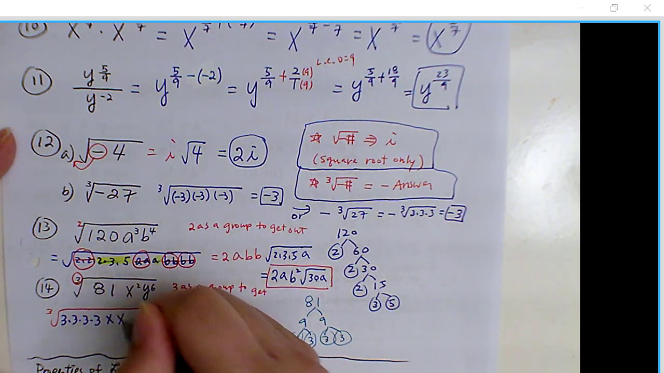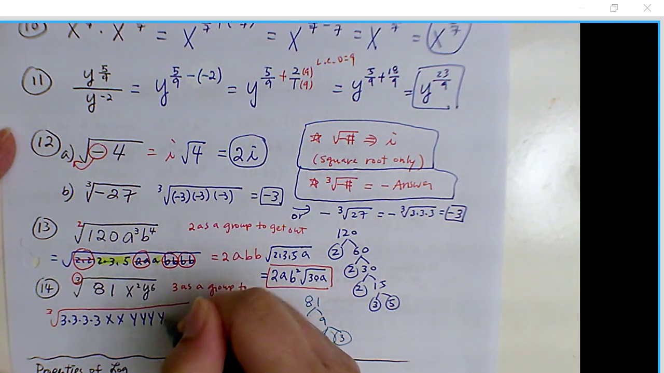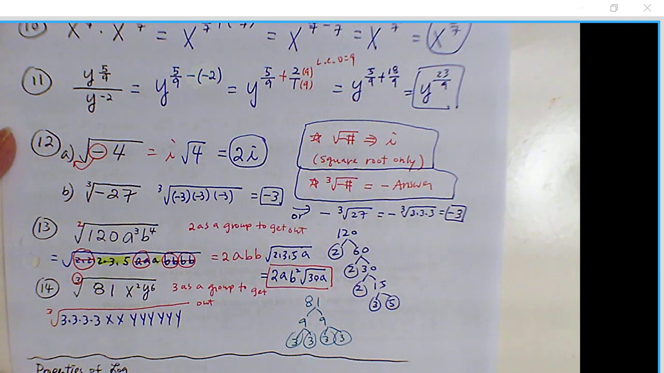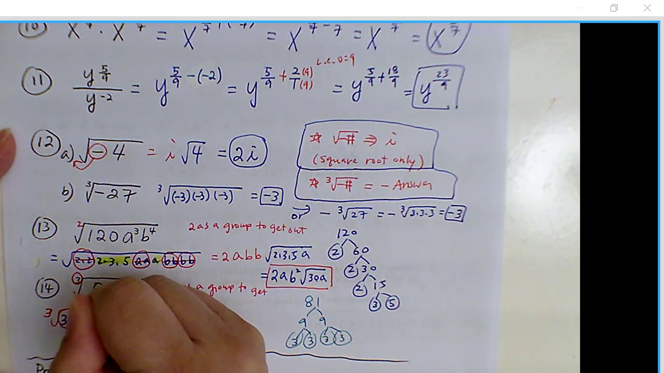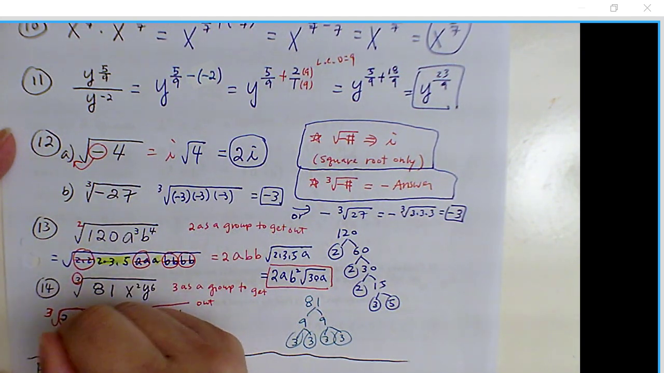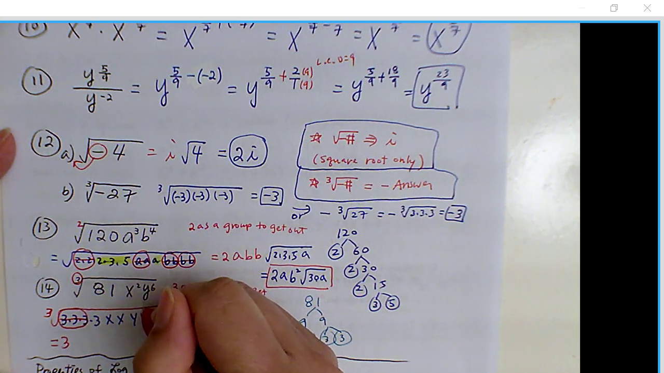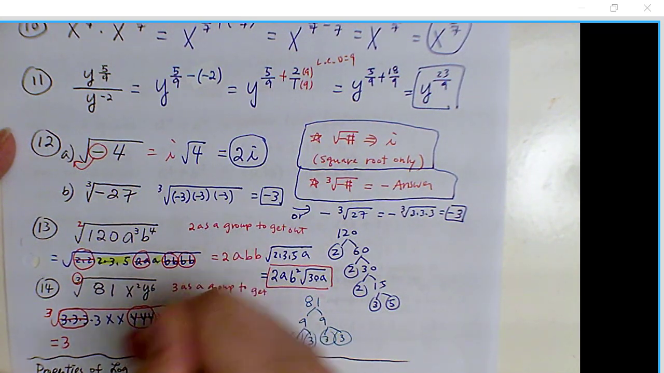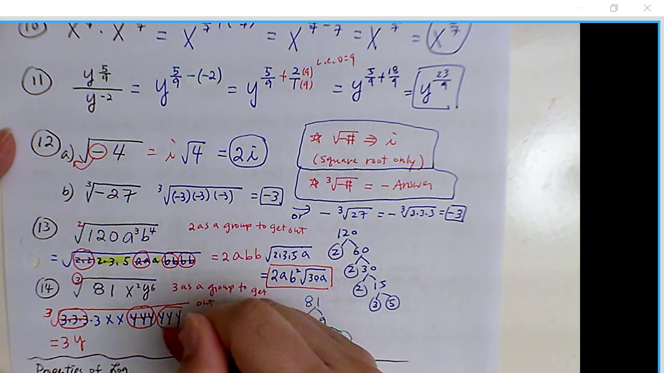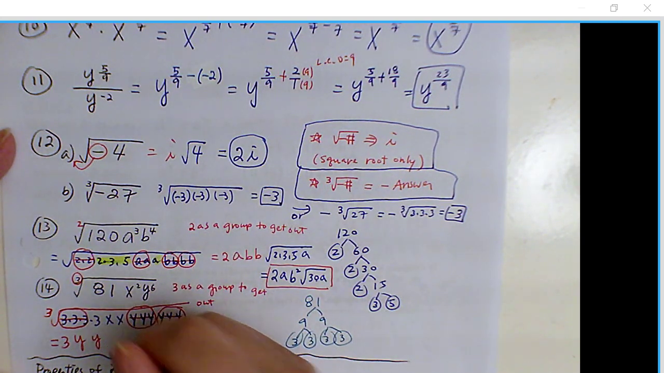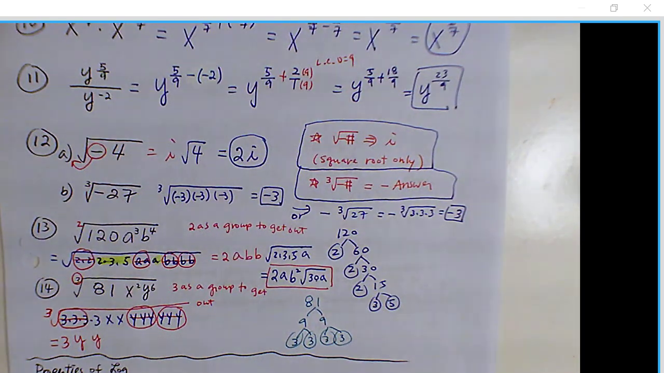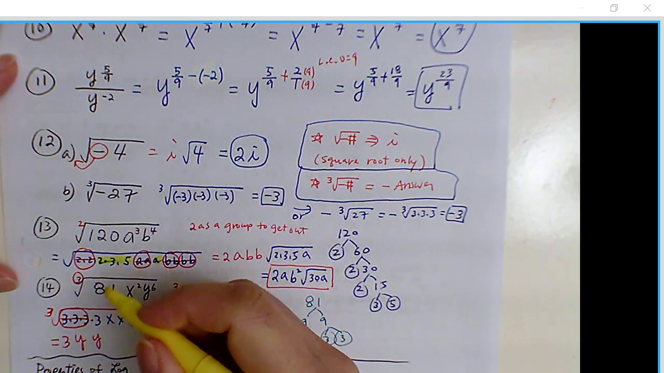I have x, x, y, y, y, y, y, y. And I need how many as a group? This time I need 3 as a group. So I have one group of 3. Get out as just 3. I have one group of y and another group of y, right? That will give me inside still have a